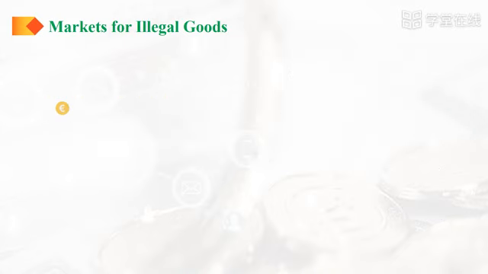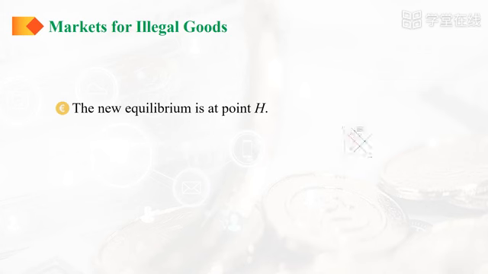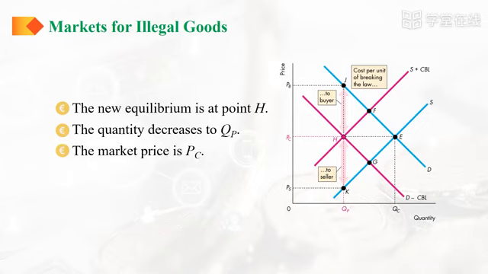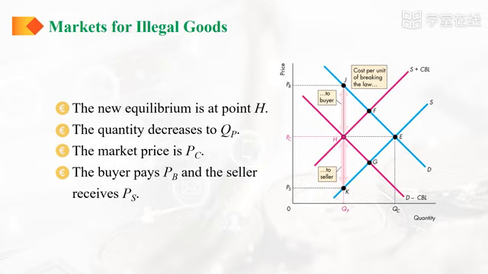The larger the penalties, the greater the degree of law enforcement, the larger is the decrease in demand or supply. If the penalties are heavier on sellers, the supply curve shifts farther than the demand curve, and the market price rises above PC. If the penalties are heavier on buyers, the demand curve shifts farther than the supply curve, and the market price falls below PC. In the US, the penalties on sellers are larger than those on buyers, so the quantity of drugs traded decreases and the market price increases compared with the free market.